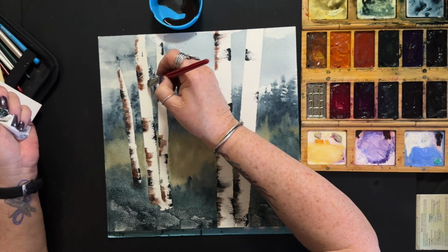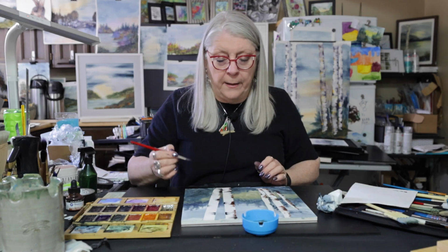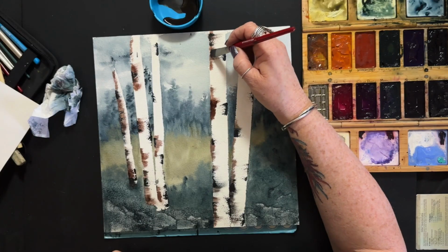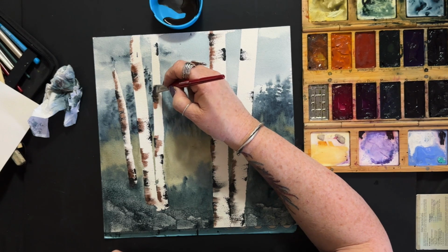This is a really good exercise to sort of see how your colors come together. If this was a painting where I wanted to consider a light source, then that would be something I'd be thinking about now, as to where I would leave the dark side of my trees. This is a pretty gloomy one, so I'm not going to worry too much about that, I don't think. But we can